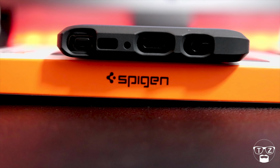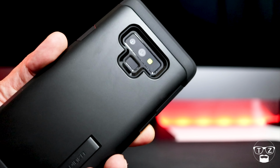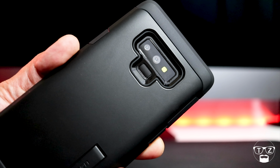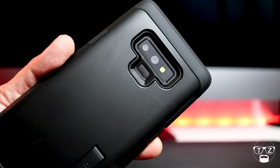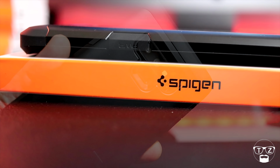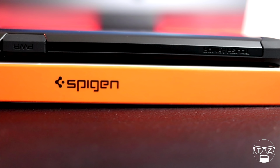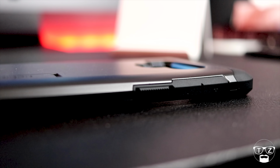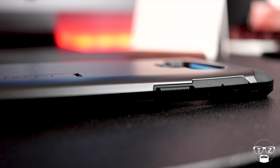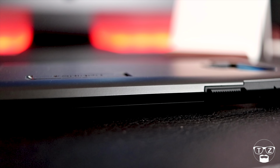The port cutouts are perfectly aligned and the camera cutout on the back is the same as the other Spigen cases I have already shown you, except all the cutouts are much deeper, thicker and more protective. The buttons are also different to the other Spigen cases. This time they are flush with the sides of the case, which makes them harder to find. The power button and volume rockers are stamped with labels and the Bixby button is again textured, and they all